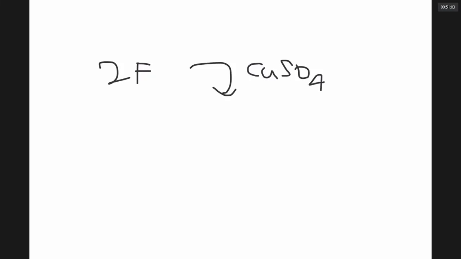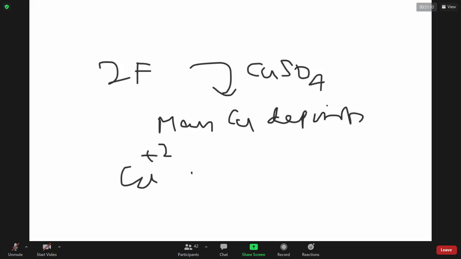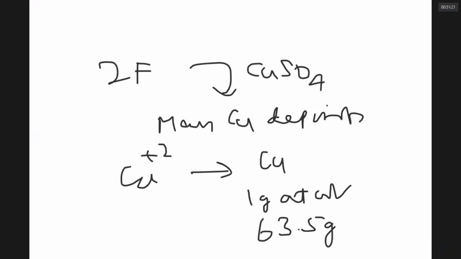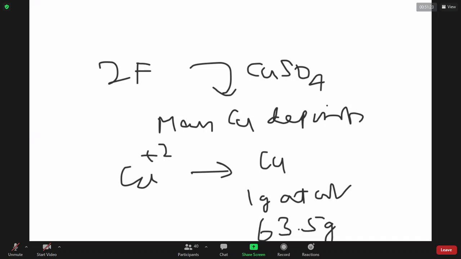See the next question, how simple it is. 2 Faradays of charge passed through copper sulfate. What mass of copper deposits? Can you answer it, sir? Copper plus 2. 127 grams. You get 1 gram atomic weight of copper. 1 gram atomic weight of copper means you can happily work it out, 63.5 grams. Is that fine? Yes. It takes just 20 seconds. See, majority of questions are like this.